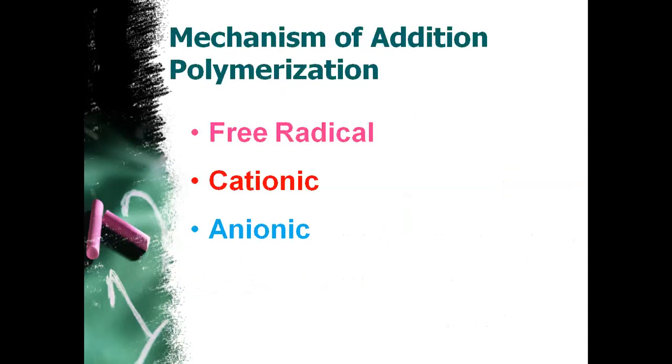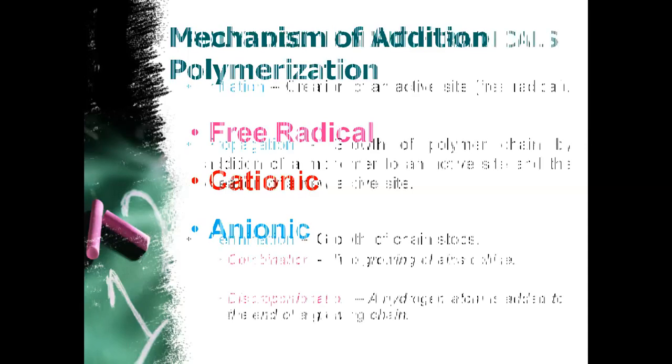After understanding the types of polymerization, let's now understand the mechanism of addition polymerization. The mechanism of addition polymerization is of three types. First, free radical, and second is ionic, which consists of cationic and anionic. Let's begin with polyaddition of the active free radicals. The free radical mechanism is followed by three steps, which involve initiation, propagation, and termination.